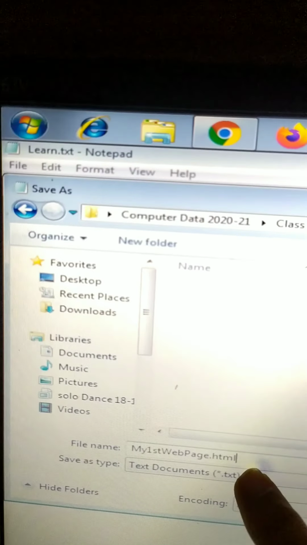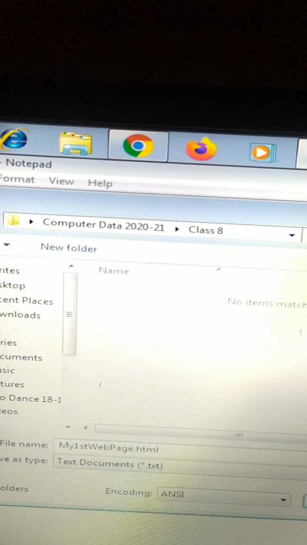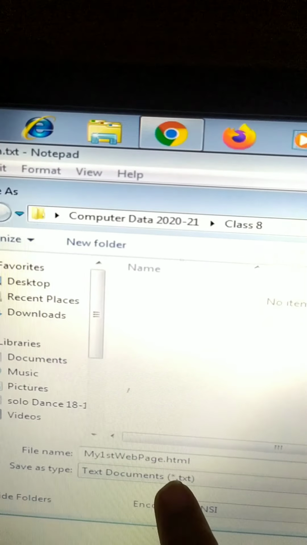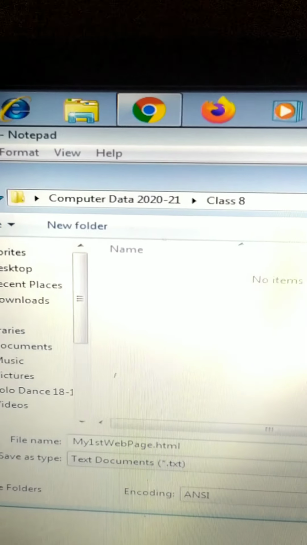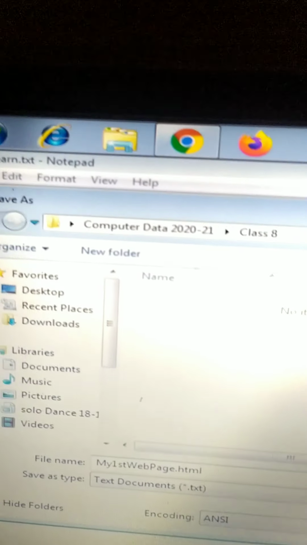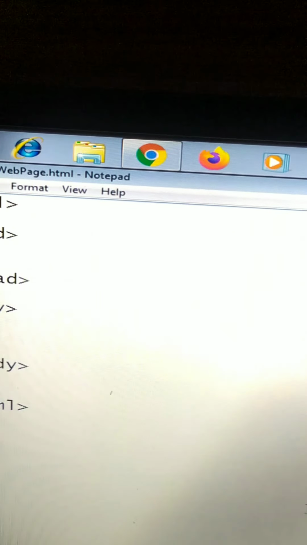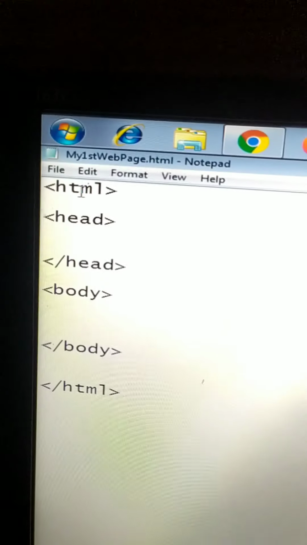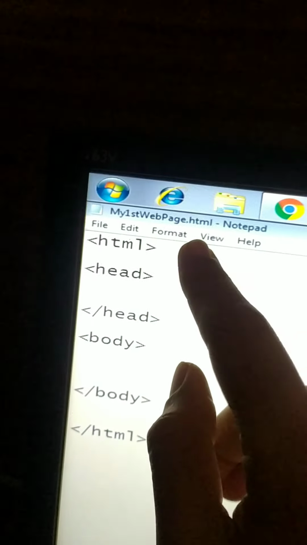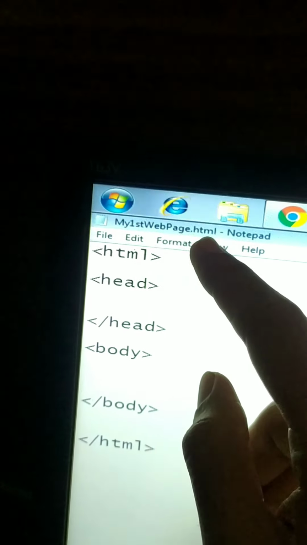You will save this file with the .html extension, or else you can also use the .htm extension. And click on Save. Now this web page is saved with the extension HTML: My First Web Page.html.